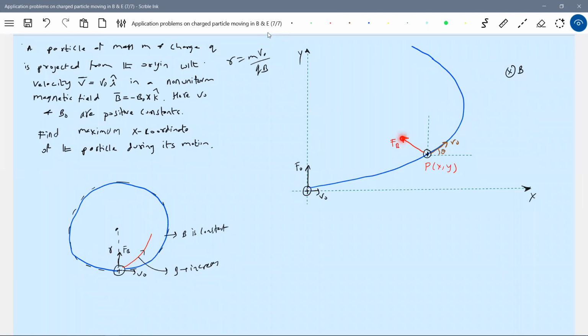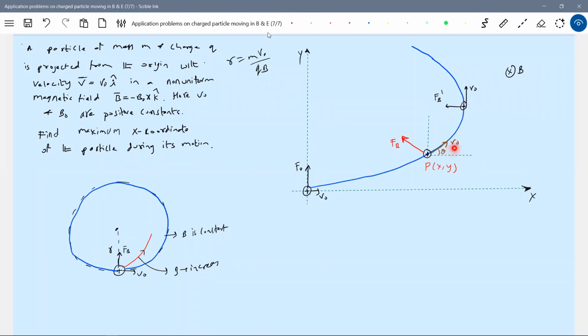See, all the time at this point and this point, the radius, you don't put small r or anything, capital R, the radius of curve will be varying. It is some sort of curved path here. Now at one instant, you look at this particular thing. Here the magnitude will be continuously varying. So even the magnetic force which is acting, it should change, the centripetal force, because the radius of curvature is going to be different at different points.